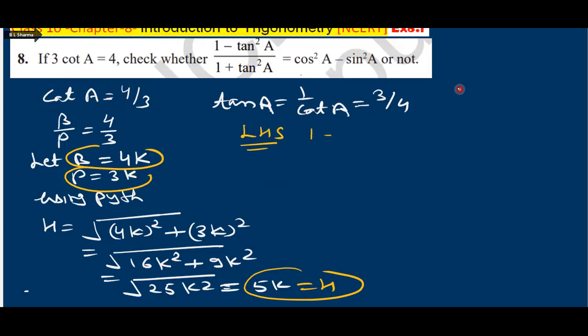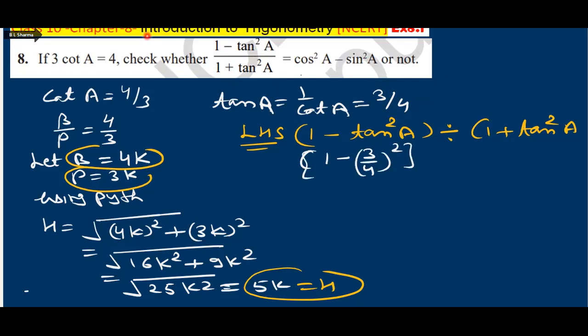Left hand side is written 1 minus tan square A divided by 1 plus tan square A. Here, 1 minus tan square A upon 1 plus tan square A. What is the value of tan A? That is 3/4. So that is 1 minus 3/4